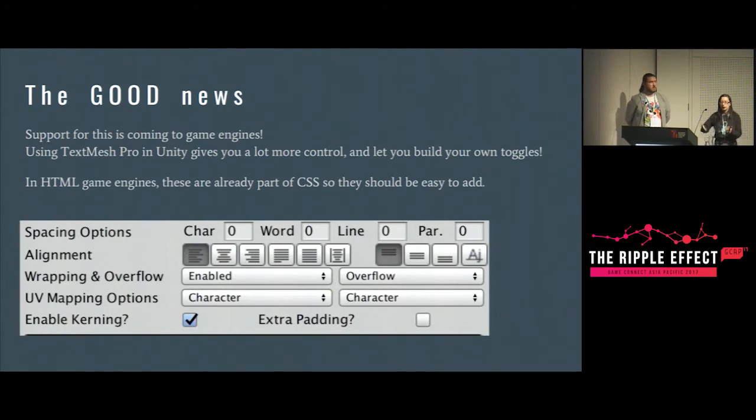So yeah, it's all about those tiny little things that you could just checklist off. Yeah, and I think the number of people that this helps is about 7%. So 7% of your users will be helped by this. And that's the Text Mesh Pro interface, and in HTML, it's just standard HTML properties. So if you're using Construct or an HTML-based engine, you can probably tweak it in the CSS code, underline the page, and not have to worry about adding it to the page, adding it to the game.